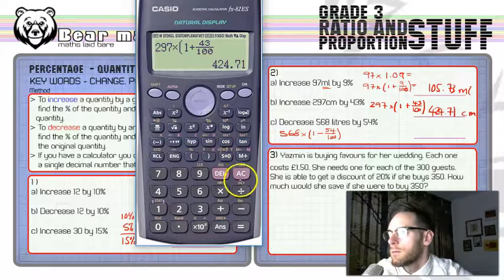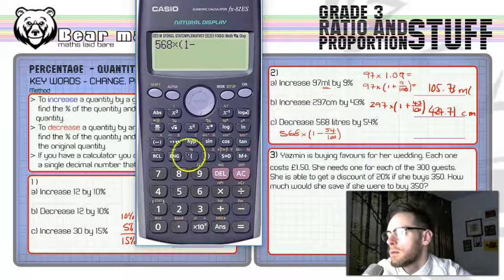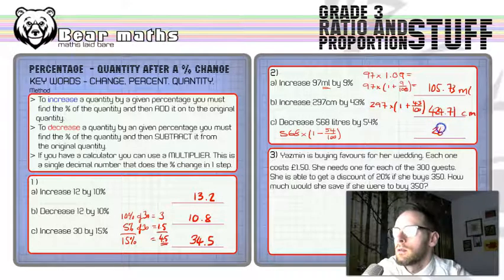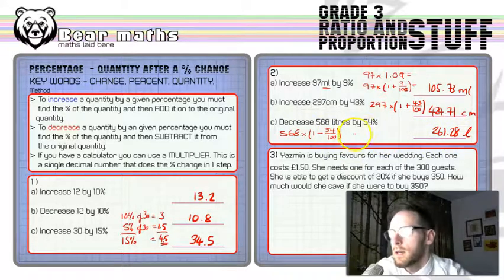Let's get rid of that. And then 568 multiplied by 1 minus fraction 54 over 100 equals 261.28. And that's in litres. Yeah, that's the answer, but let's show you the other way that you could do this